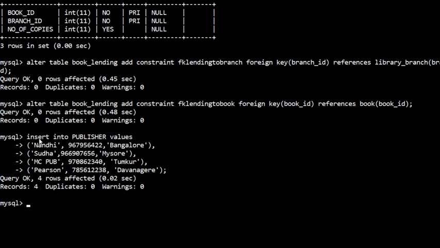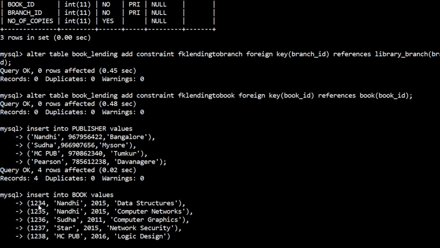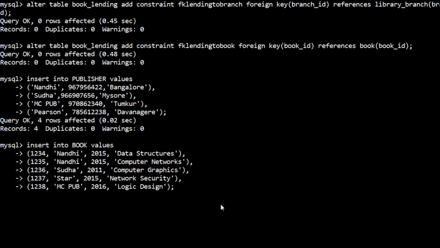If you have values, you type these values and add one row at a time, or you can insert multiple rows at a time. Then next I will add data to the book table. I'll insert the tuples to book table.